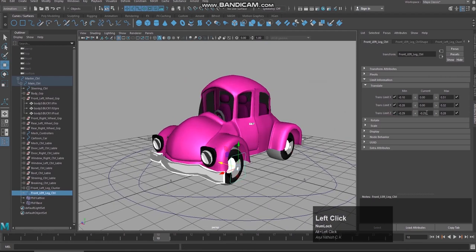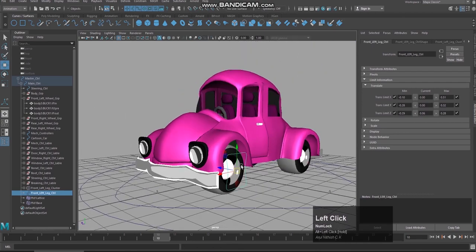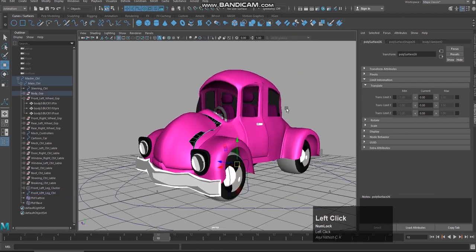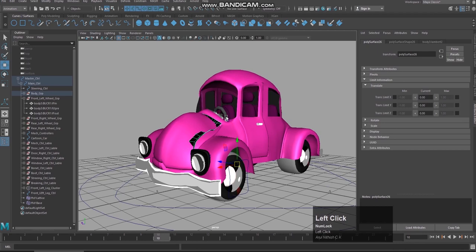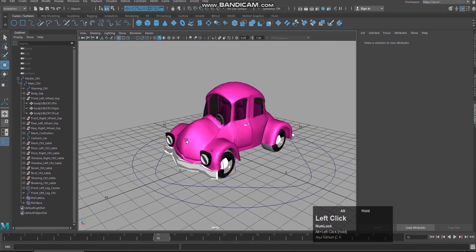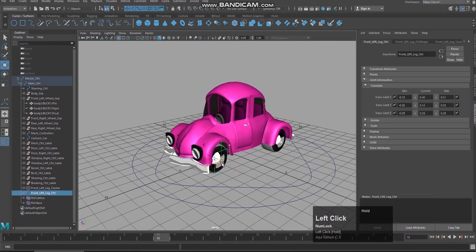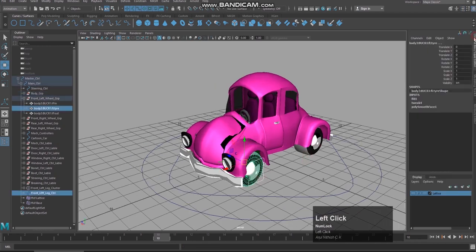Now, the wheels' movement is limited within this area. I'm just going to select this and hide it. Shift H or what? Sorry, it is not getting hidden. H to hide. So now when I'm selecting this controller, you can see this is the front leg. The thing is you need to select properly. Otherwise things are fine.